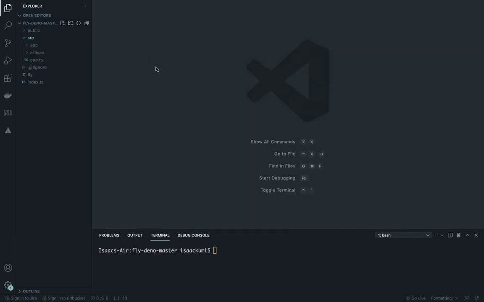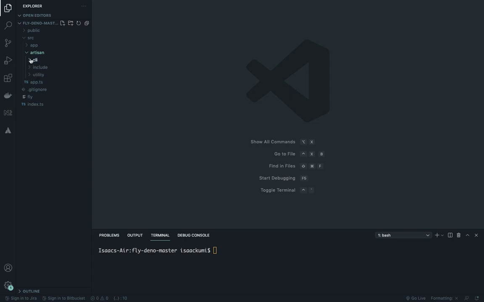So the SRC folder has two folders and a file. Now the app folder is where the developer writes all his code. So his controllers, routes, models. This is where the developer will write most of his code. And there is an artisan folder. This is where most of the backend